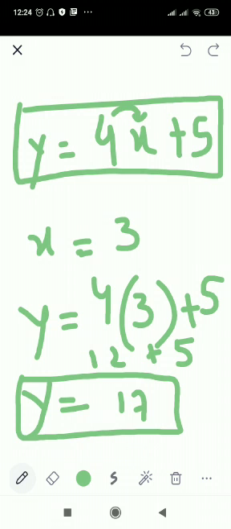Now for part 2, it's x is equal to -2. Solve this and let me know what your answer is coming. All right? Write the answer in the chat box. Do not unmute, do not answer me. Just write your answer in the chat box so I can see who has done it right and who has given me the right answer.